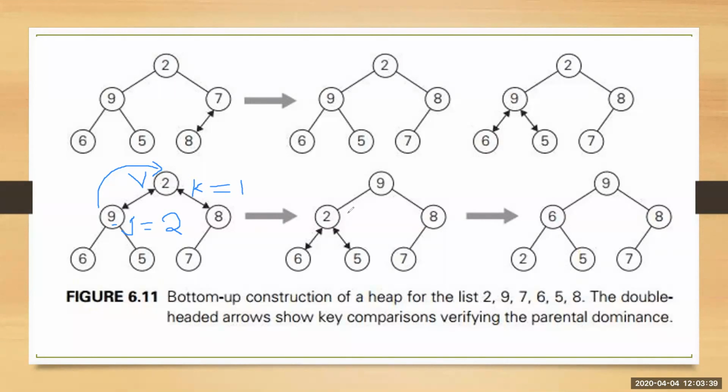You have to make the next node as k. Now in the next step, this becomes the k. So what is its value? K is 2. Now what is j? J is the left child of k. So this is j. So 2 into 2 is 4. You have calculated j. It is the index of the left child. Now you have to check whether j is lesser than n. Yes, it is lesser than n.